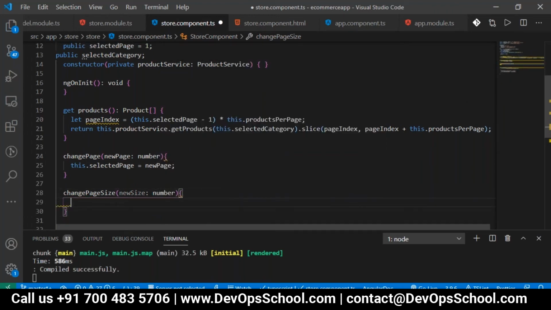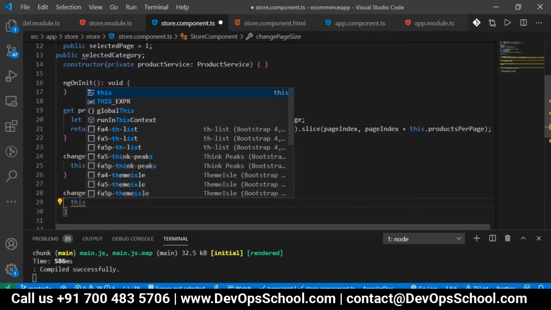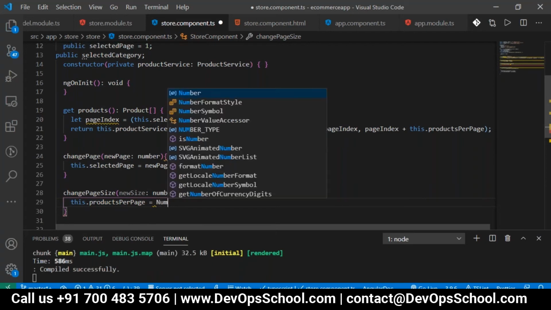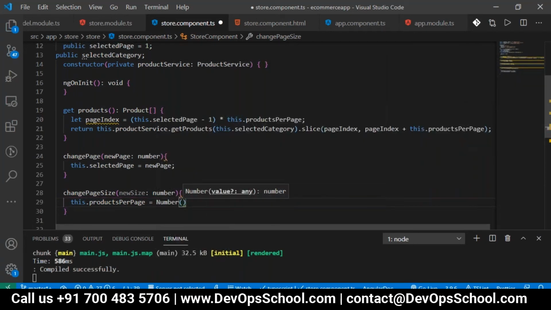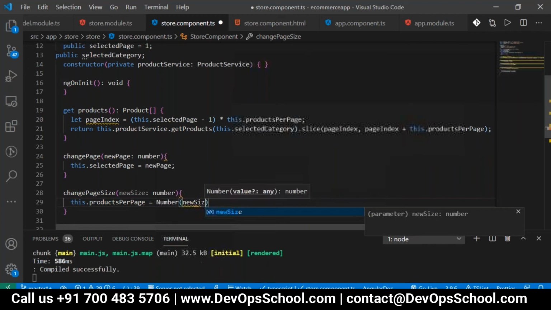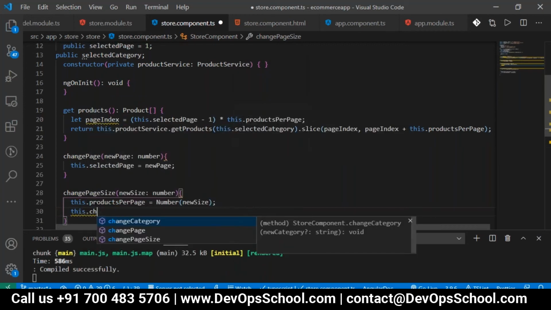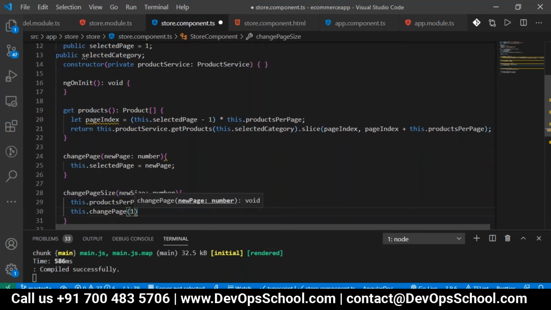Then we assign it to the products per page, which we already initialized to 4; that should be assigned the newSize. So converting into number and assigning newSize, the type conversion. Then this.changePage should be executing, so I'm giving it 1.